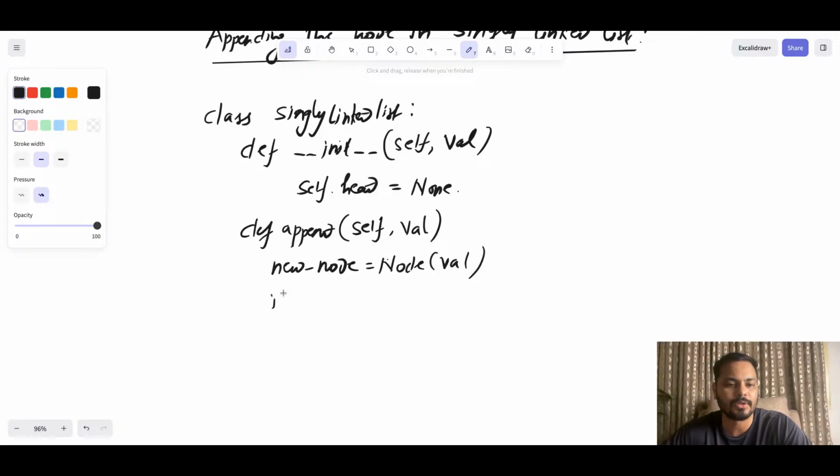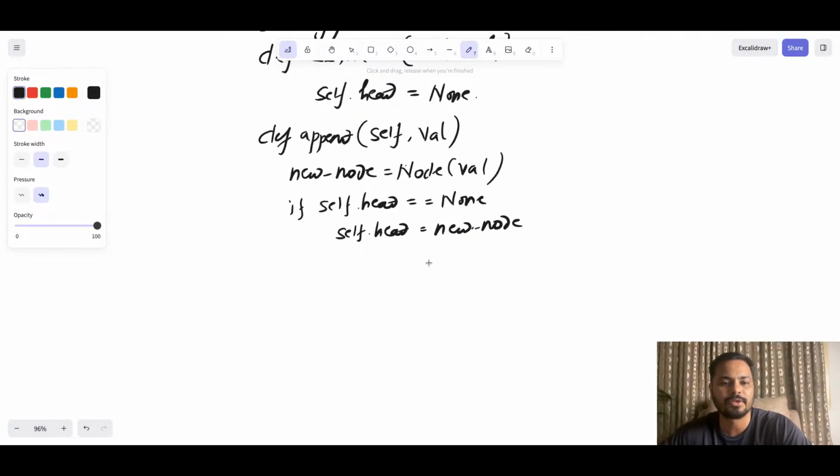So if self.head is equal to None, what I'll do is self.head is equal to new node, right? It will have this new node. Okay, it means that node of val. Else,